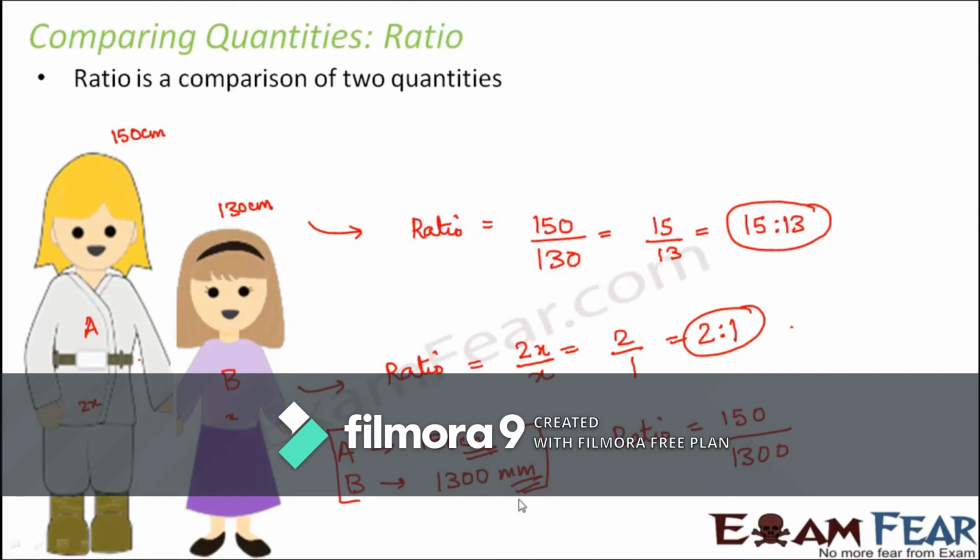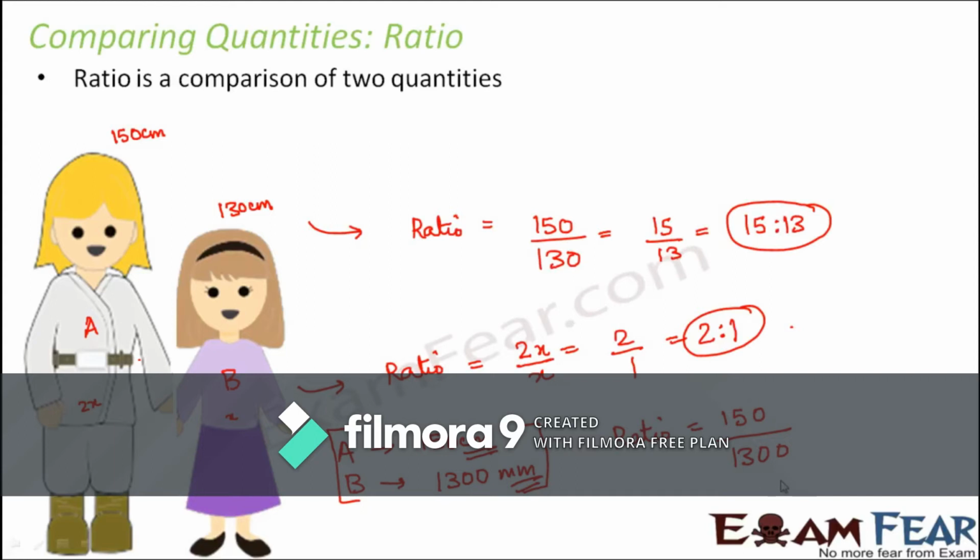So we can only compare two quantities which are in the same unit, because centimeter and millimeter are two different units. Even though, if you look at the number, 1300 is bigger than 150, when you look at the unit as well, then there might be a change, right? So in that case, you might find that 150 centimeter is greater than 1300 millimeter. So units play a very important role when we talk about ratio.